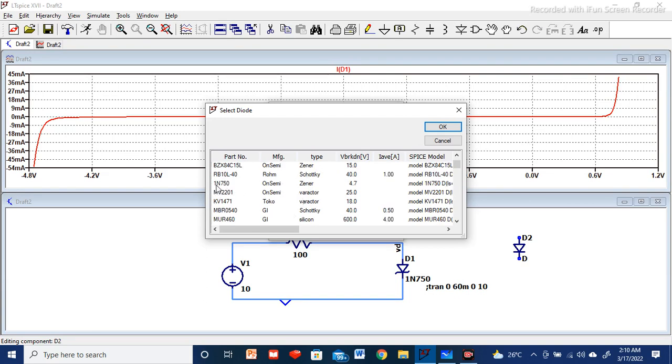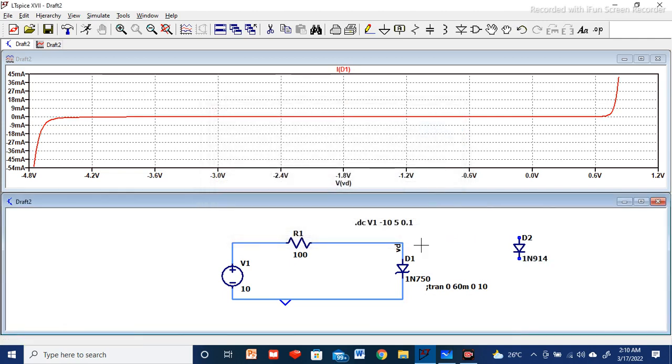I am selecting 1N750 for reference, made by On Semi, a Zener diode. Its breakdown is 4.7 volt. It means there will be a sharp current flow at 4.7 volt in the reverse direction, so that we can verify in the simulation. Once we select this, you can see it is defined as 1N750.